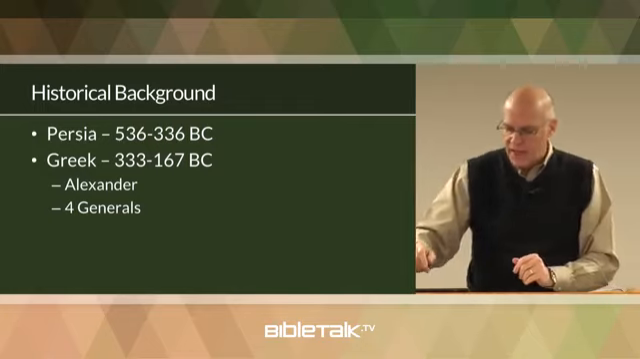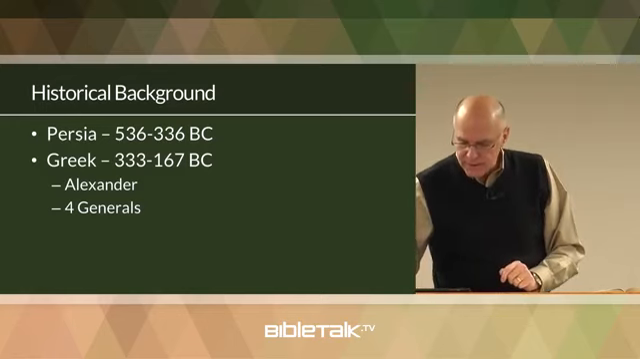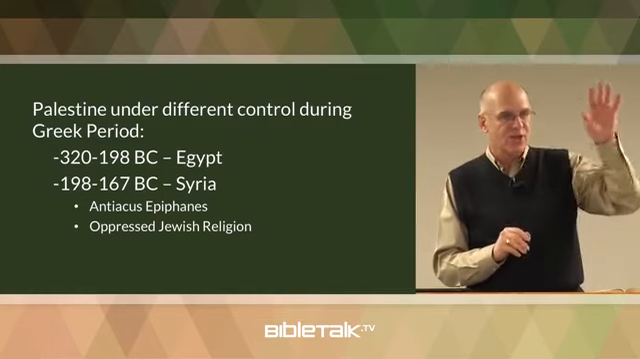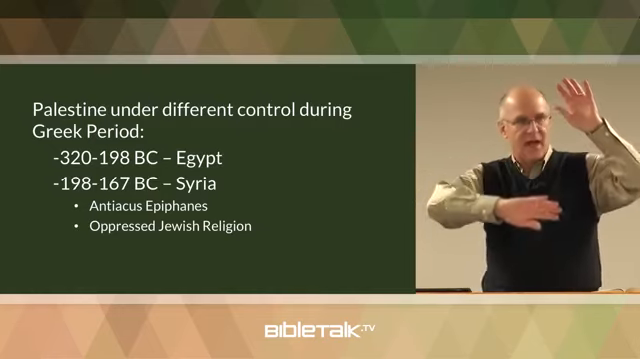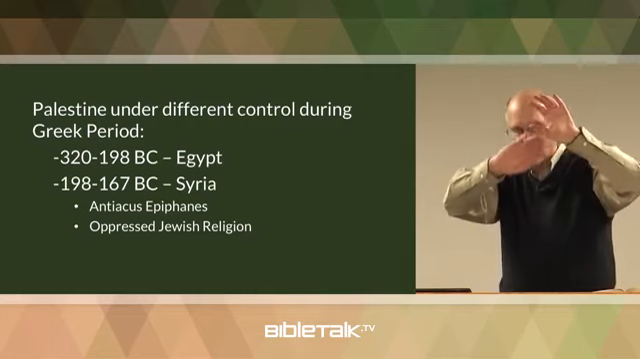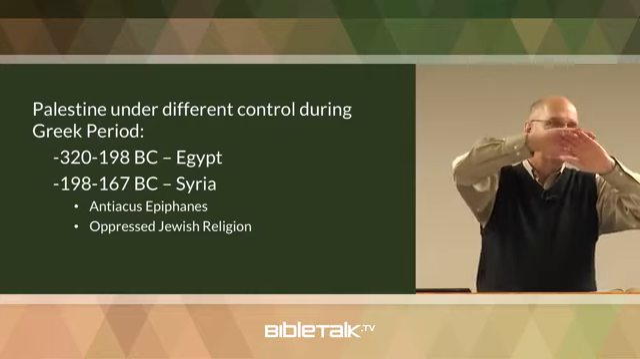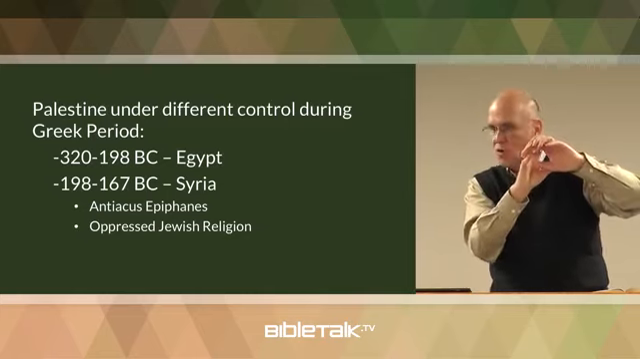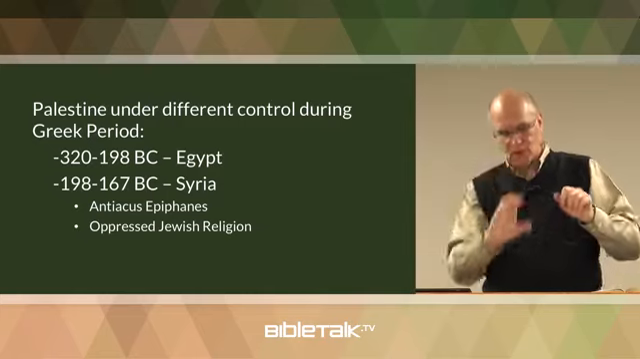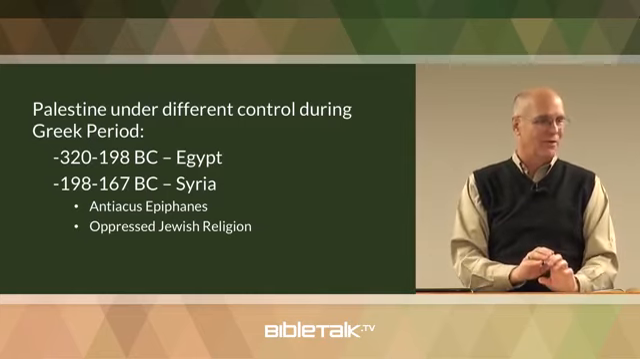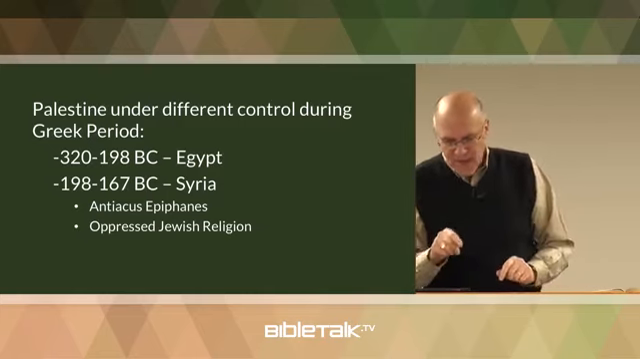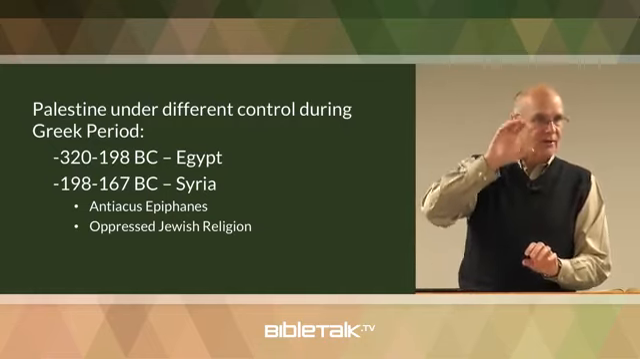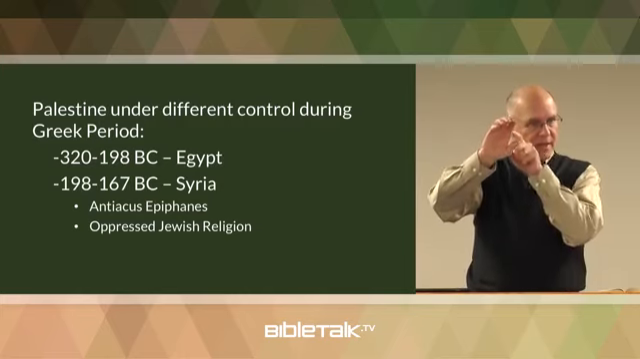North and south. And so let's get another slide up here. From 320 to 198, Egypt controlled Palestine or Israel, okay? They were in control. Egypt was under domination by Greece, but Palestine was under regional control, local control by Egypt. Egypt is south, okay? And then from 198 to 167 BC, Syria, the country to the north of Palestine, gained